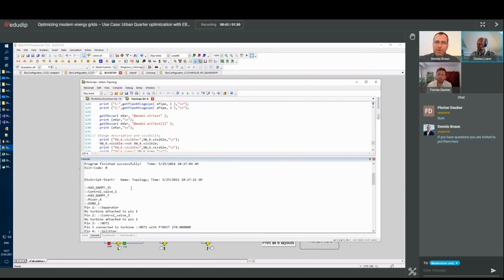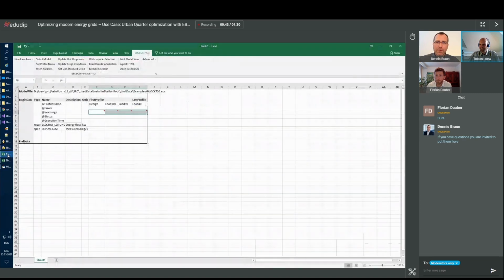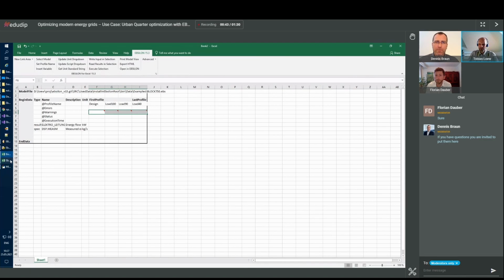So great. And also on the outer side, we have a very elaborated automation interface for EBSILON based on Windows COM technology. On the one hand, we have this Excel add-in, which is provided by a company from Austria, with which we work closely together. And here I also use the same model I just showed you, and I can run the different profiles, and I did just 4 calculations in EBSILON and got back the results. And I can also put in additional specification values.